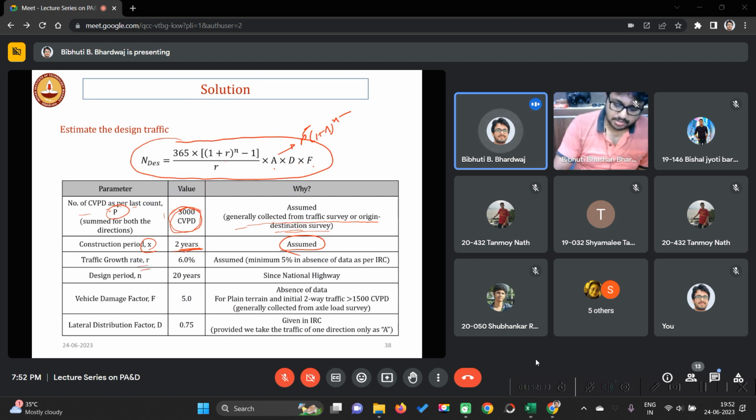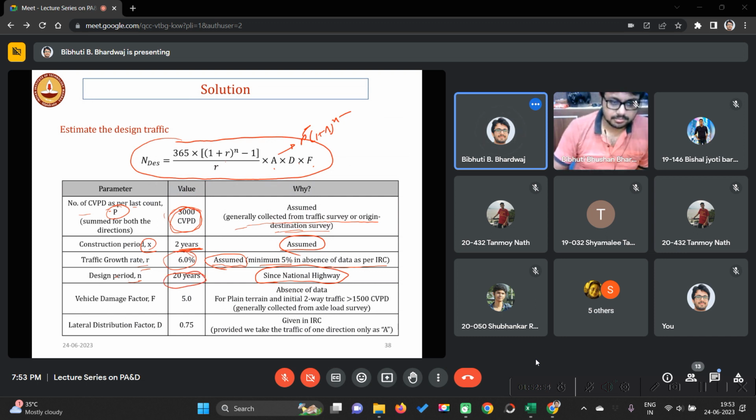Traffic growth rate minimum 5% in the absence of data as per IRC. I am considering 6%. This is also assumed, but you generally need to figure it out from IRC 108. Then for a national highway, your design life will be of